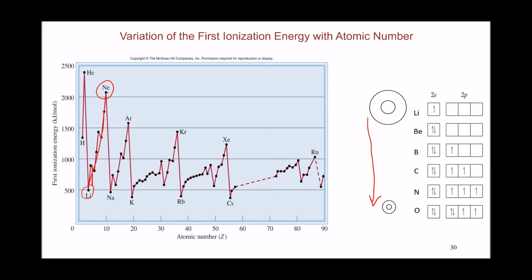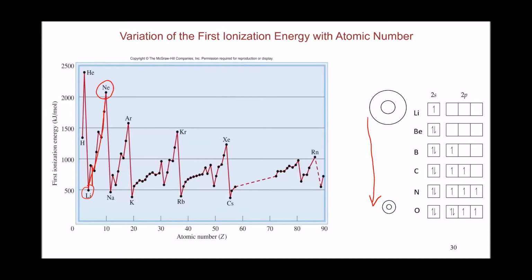The most stable electronic configuration would require a lot of energy to break or to ionize or get an electron out of. So because noble gases are the most stable electronic configurations throughout the periodic table, they have the highest